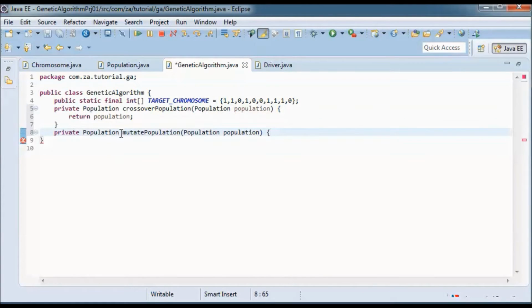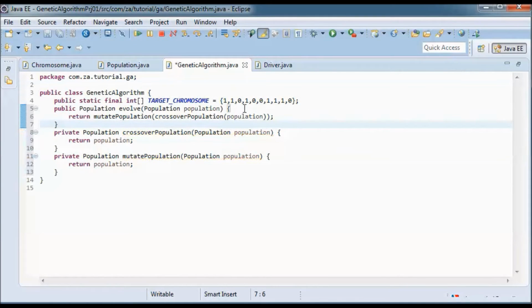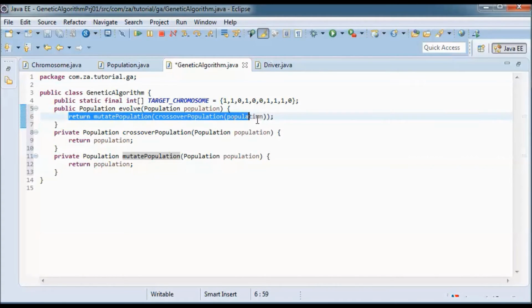I'll have this method, mutate population, that returns for now the same passed in population. And let's have a public method, evolve, that takes in a population and evolves it. So it does that by calling crossover population on that population, and what's returned from that method, it goes ahead and calls mutate population on it and returns the result.